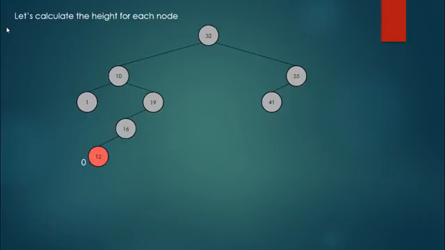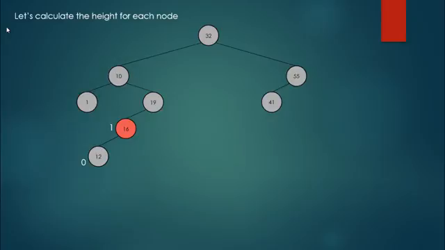Because 12 is a leaf node, its height is equal to 0. Then we go upwards until we meet the root node. That's what we've been talking about. So we visit its parent, which is 16. Because the 16 has a left child with height 0, and it doesn't have any right child, which means it has a right child with height -1. And that's why it's important, because an algorithm doesn't know what it means that it doesn't have any right child. We have to specify that if it's a null pointer, we assign a -1,